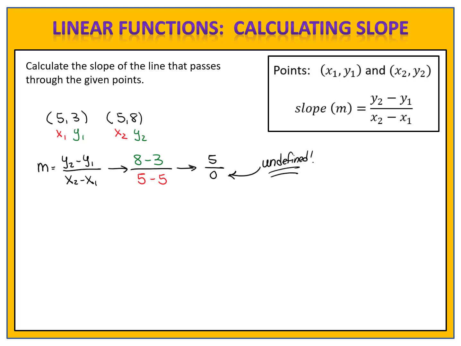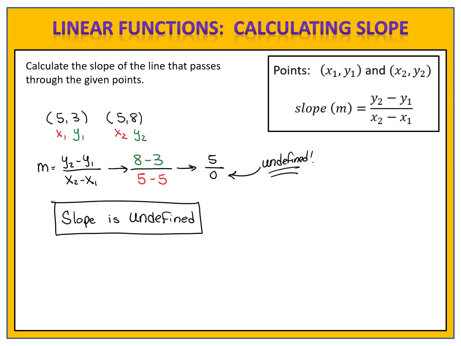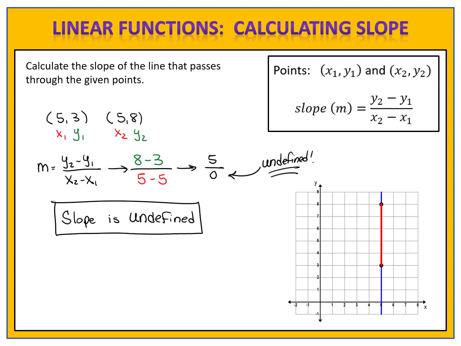But we have a big problem. We have division by 0, which is undefined. That means the slope of the graph is undefined. To take a look at that graphically, here's the graph, and we see the 2 points labeled on the graph. If we look at the change in y, the y values went from 3 to 8, which is a change of 5. The x values in both cases were simply 5. The x values didn't change at all. Change in y over change in x, 5 over 0, and because division by 0 is undefined, the slope of